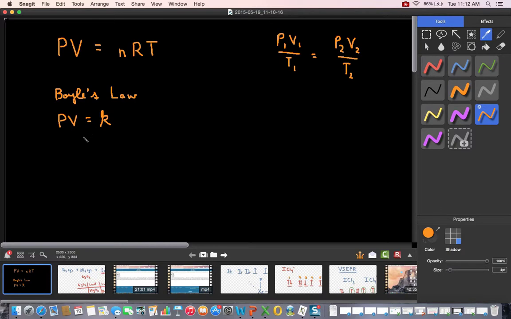So what this means is that when two physical observables are inversely proportional, they must be either both in the numerator on the same side of the equation or both in the denominator of the same side of the equation. Notice that both P and V are on the same side of the equation and they're both in the numerator. They are inversely proportional. We also know from isobaric conditions,